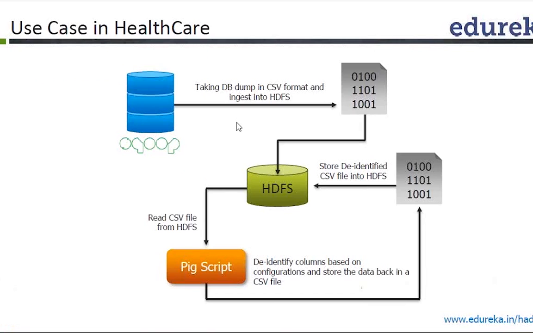So you take the data which is available. Generally, with the help of tools like Sqoop, you get your data stored in an RDBMS. All these patient records generally get entered at the front desk, where you capture the details, and then you bring the data inside the Hadoop file system. Once your data is in HDFS, you can give it to the Pig script. If you Sqoop the data, it may be comma separated data which you will get. With the help of the Pig script, you can analyze the data set and store it